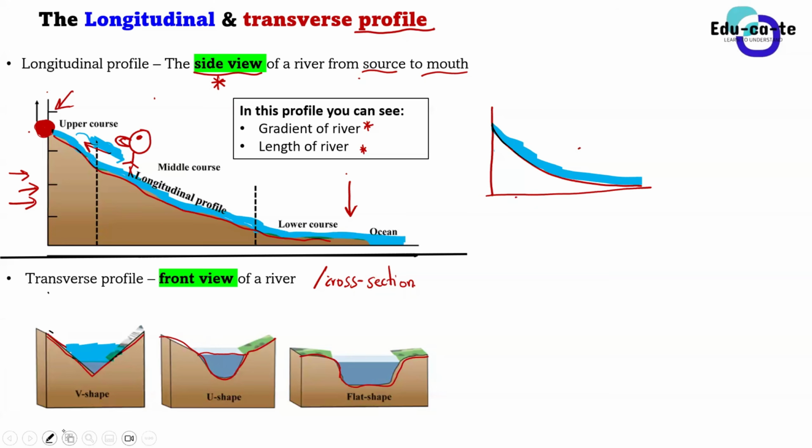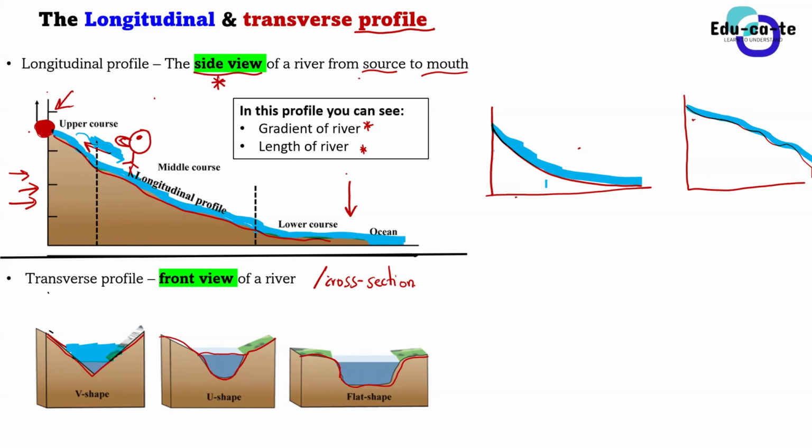And then I give you another one that is way different. Let me just give you another different one. And I say that this is another side view, or this is another longitudinal profile. I'm going to make it a bit different. You guys can see that these have got different gradients. This one looks a bit gentler, or the gradient looks a bit gradual, all right? It's because basically the side views allow you to also see the gradient of the river.